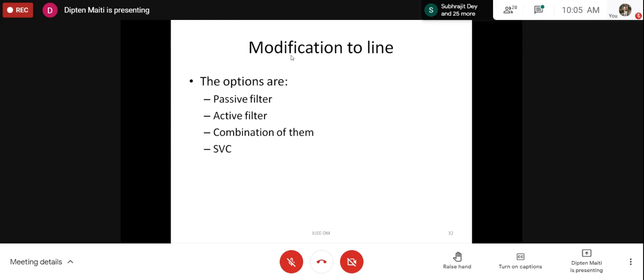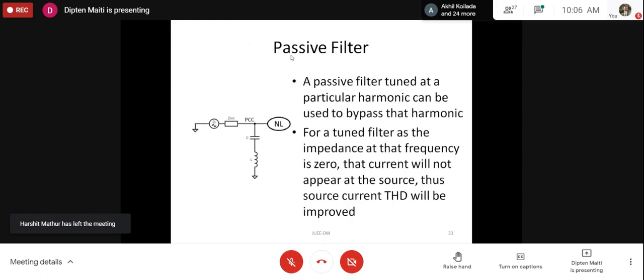SBC is usually not used for a generalized load. We usually don't use SBC even for low size industry. These are mainly used by large industries and the power supply, I would say distribution or power suppliers. Okay. Let's take one by one.